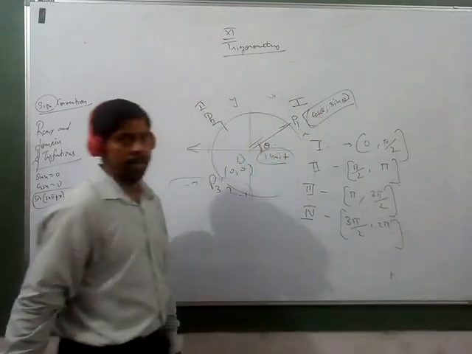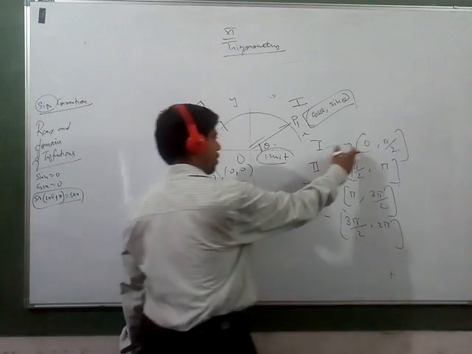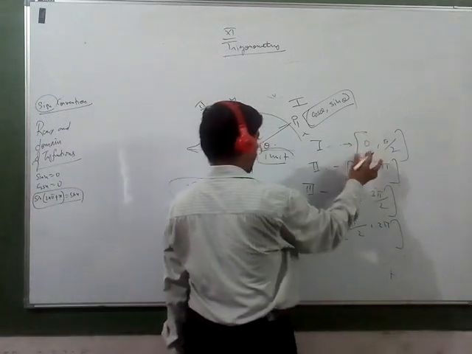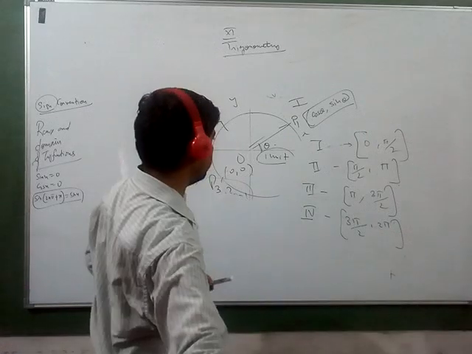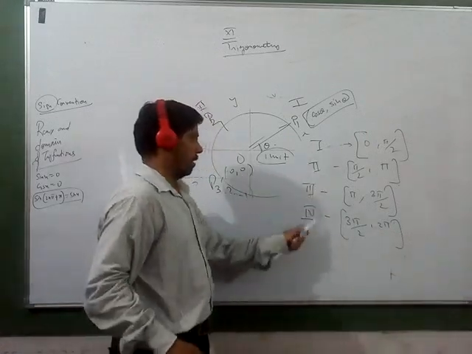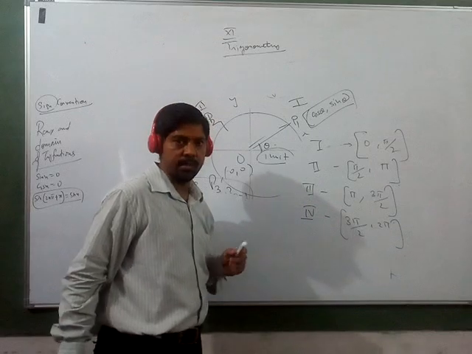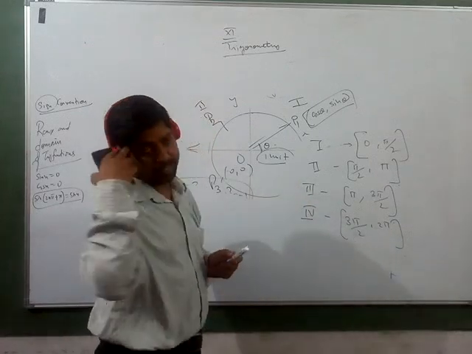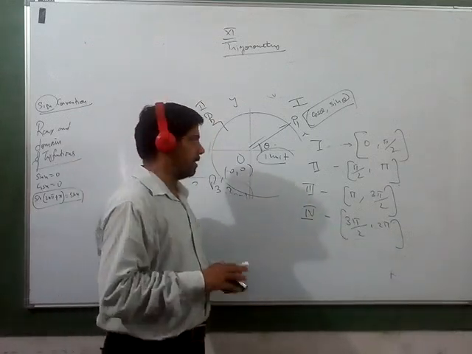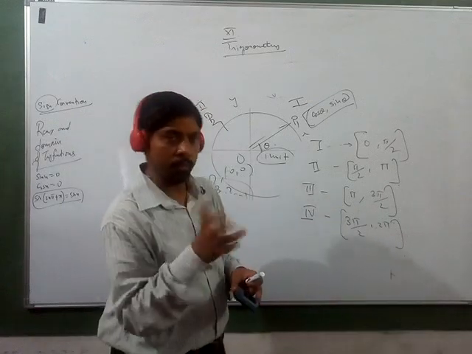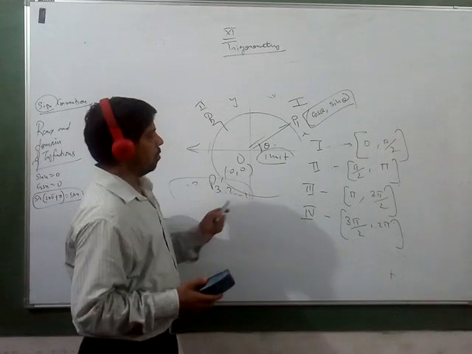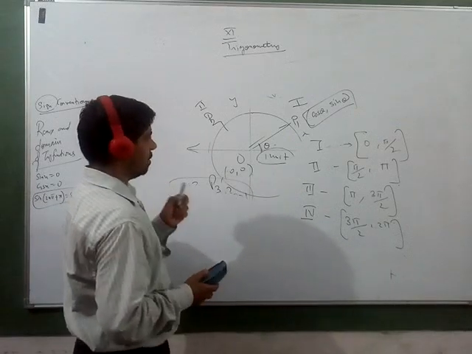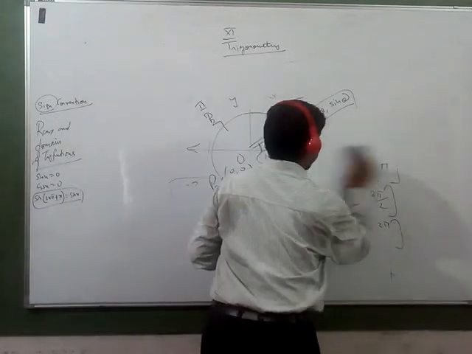Right? I am writing these with closed brackets. We will talk about open and closed brackets later on. But right now, these are the quadrants and these are the angles in radians. You have to understand that. Start thinking in terms of radians now, because degrees is okay, fine. We should know both, in degrees and in radians. So now let us look at the different identities.